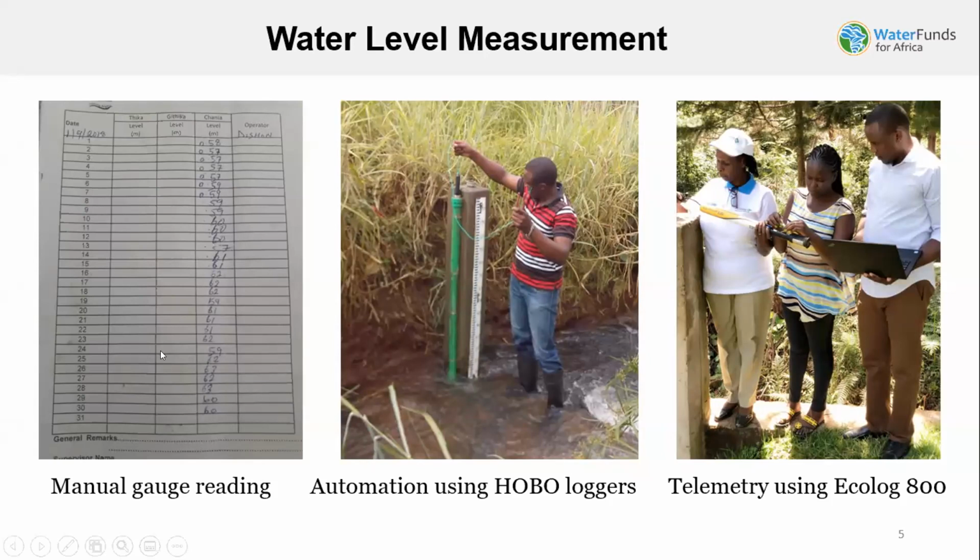And when you wake up in the morning and you probably find that your kids have used this particular sheet of paper to light a fire, then you have lost all these records that probably you may not be able to recover. So we have upgraded these stations that have manual gauge reading to Hobo loggers, which is